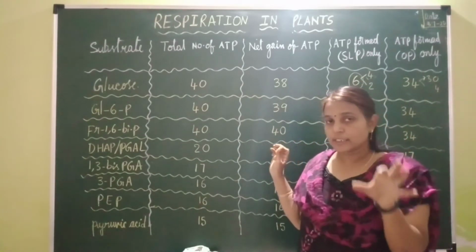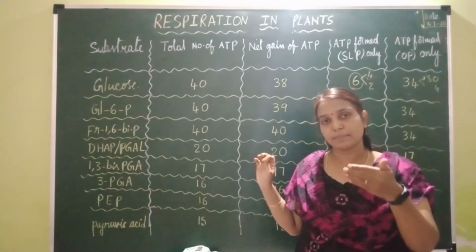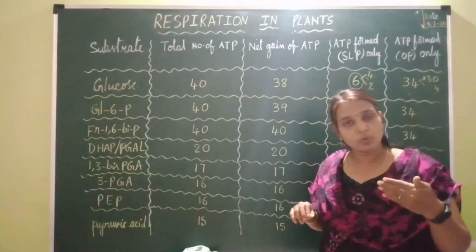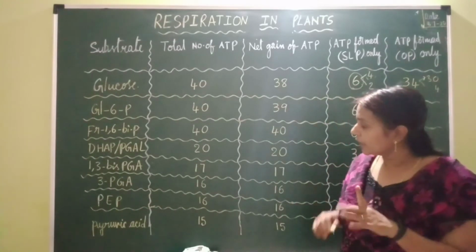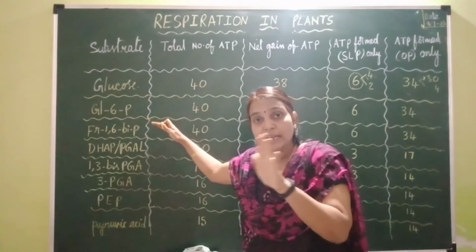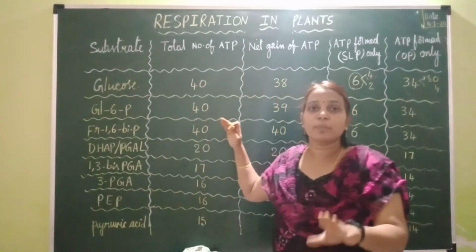So, glycolysis, let's study the beginning steps of glycolysis. Glucose undergoes phosphorylation into glucose 6-phosphate in the first step. There 1 ATP is consumed. So here we are starting with glucose 6-phosphate, and hence the ATP which is consumed during the conversion of glucose into glucose 6-phosphate should not be considered.